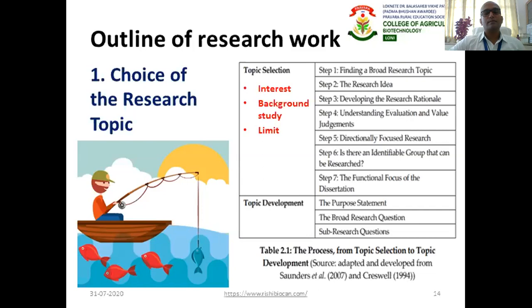For example, you have decided that I am going to do DNA fingerprinting in wheat with SSR markers. So what will be your purpose statement? That you are going to do DNA fingerprinting. Then what will be your broad research question? That you want to do DNA fingerprinting analysis in wheat. Then what is your sub-research question?